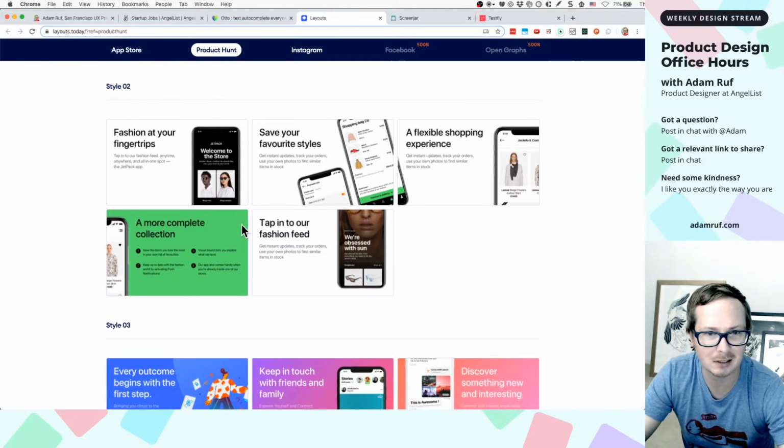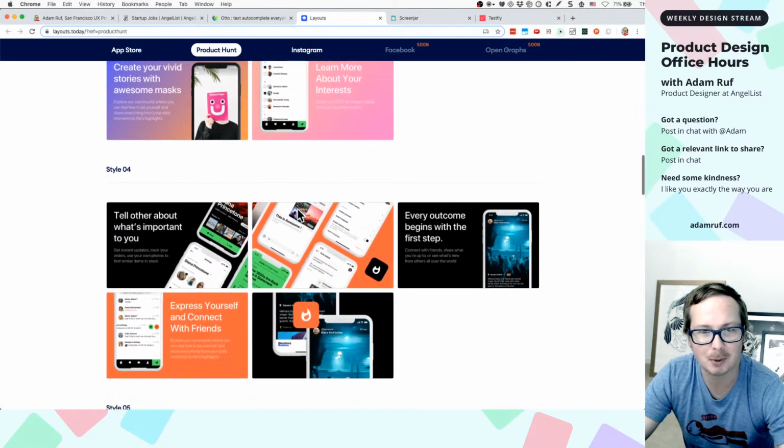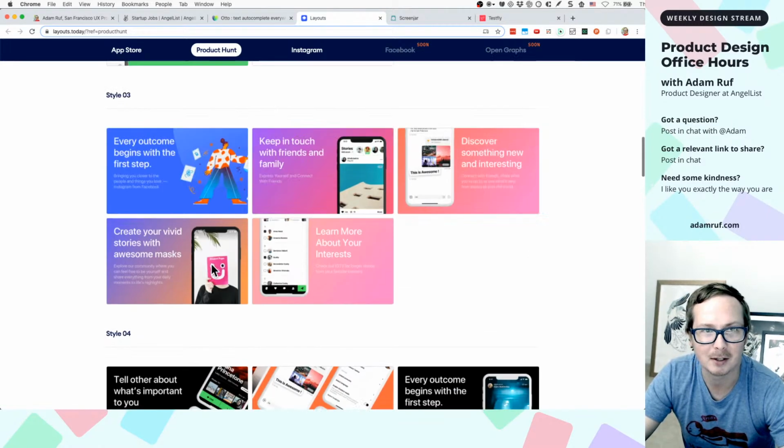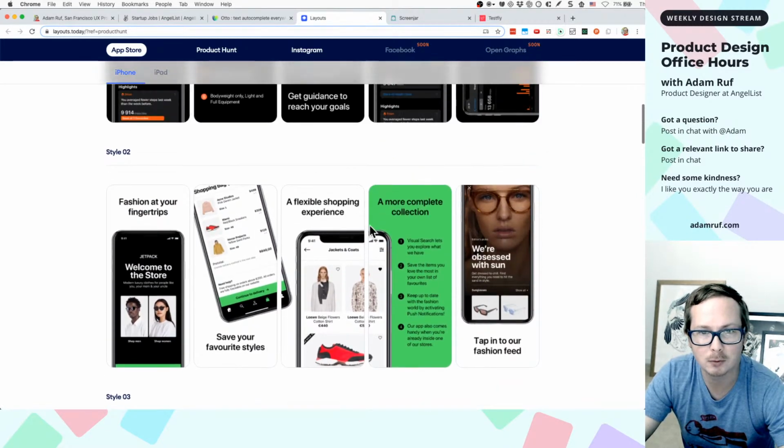Personally, I'm glad they showed what you get, because this gives me some inspiration and some ideas about how I can just set up my own stuff. The stuff looks reasonably simple that I could create on my own. But they have things for like App Store as well. I think some of these are clever patterns, right, where you kind of see the phone cut off, and then